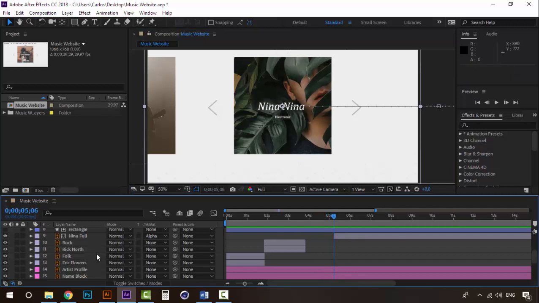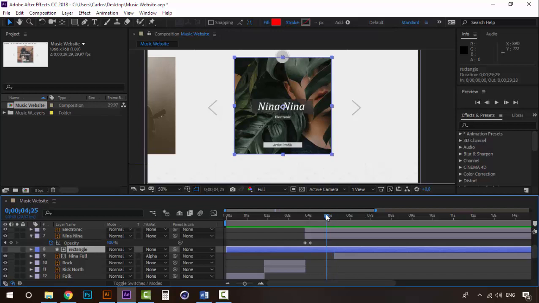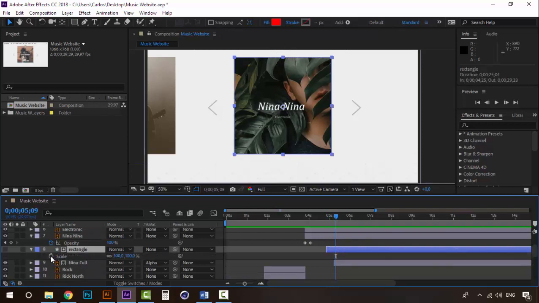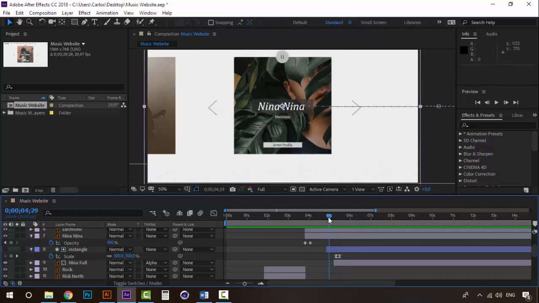we are going to animate the mask a little bit. Trim this. So on this point, when everything disappears right here, we're going to open the scale button, create a keyframe here, and let's make this easy. First, we're going to decrease the scale like this. You will have this animation,